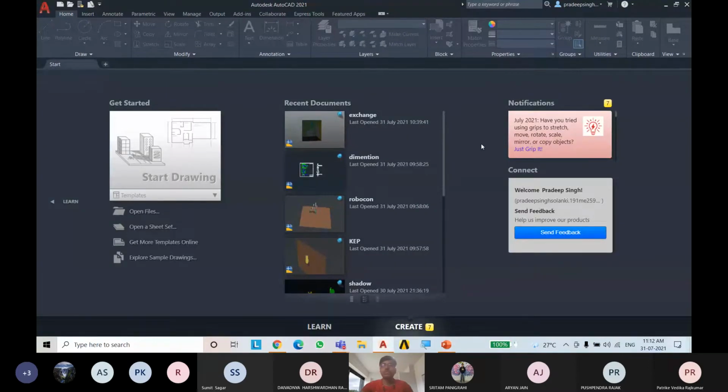Once you have downloaded the software, you should see this window. The first time, you will be asked to log in with your email ID. You must log in with the email ID which you use for creating the software account or uploading documents on the Autodesk desktop.